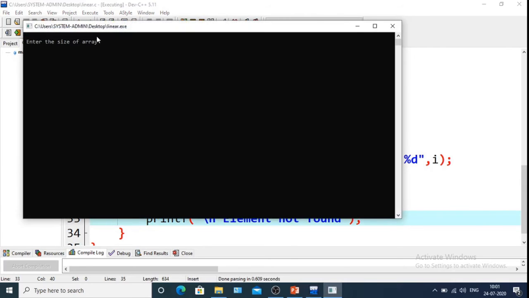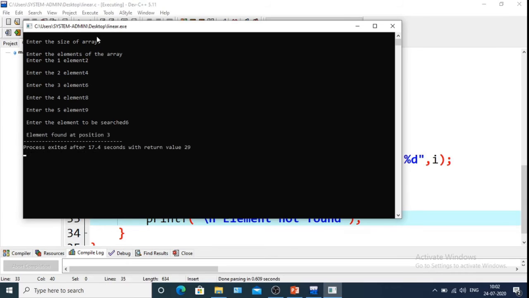Enter the size of the array, suppose it is 5. Enter the elements: 2, 4, 6, 8, 9. Enter the element to be searched, suppose it is 6. So the element is found at position 3, as you can see.